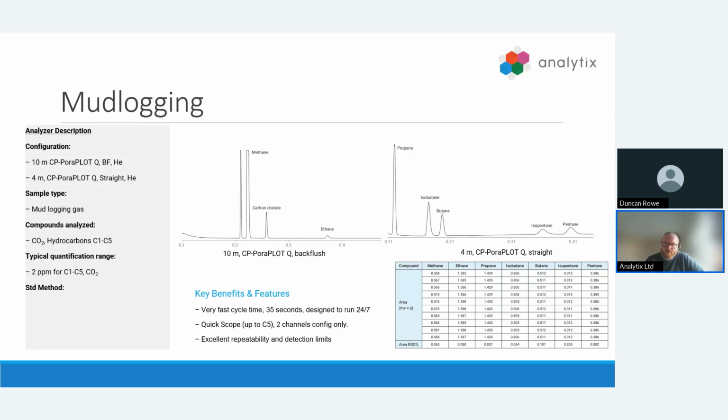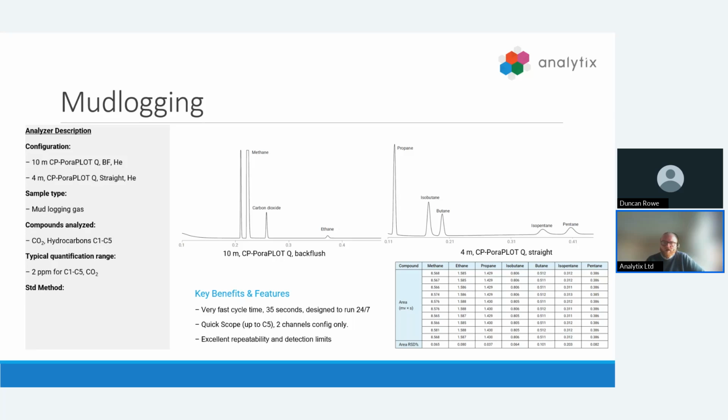As well as this, the Poroplot Q column was used for CO2 peak determination as well. You can see that in this chromatograph here from the natural gas standard as well. And then on the right-hand side, you can see that the 4-meter Poroplot Q without backflush was used for the analysis of propane, butane, isobutane, pentane, and isopentane. And the results table below